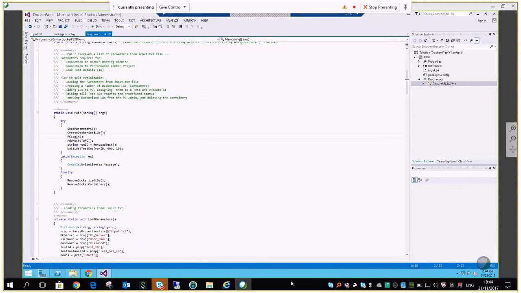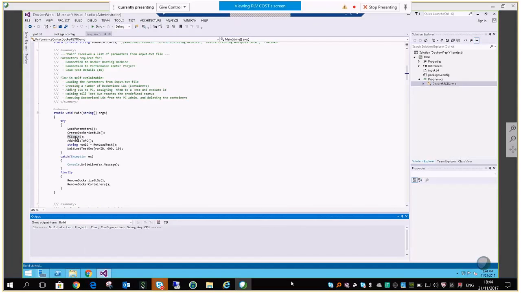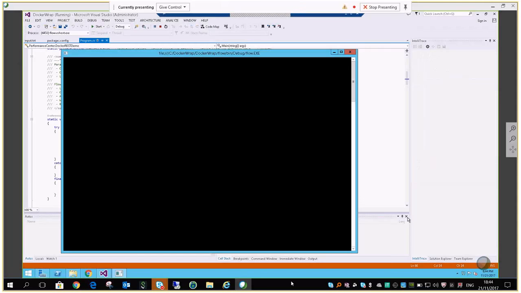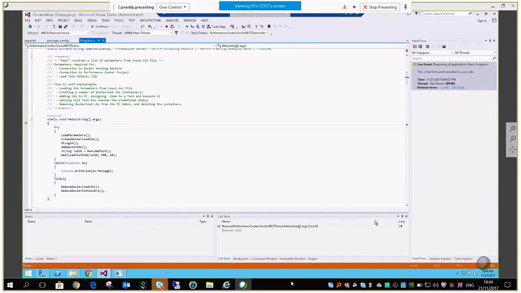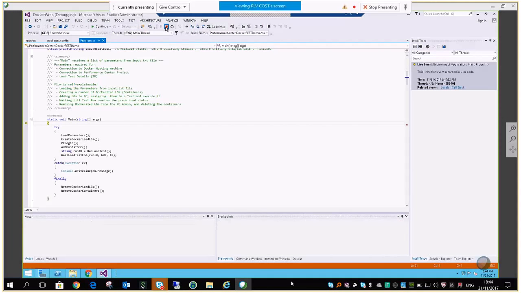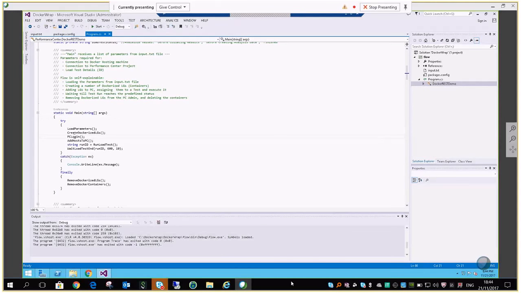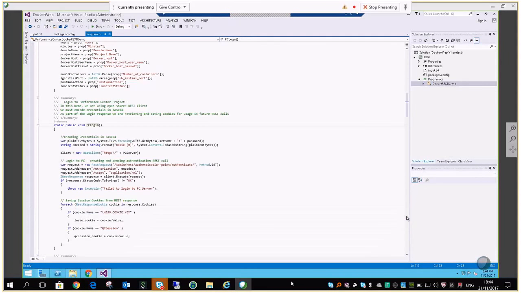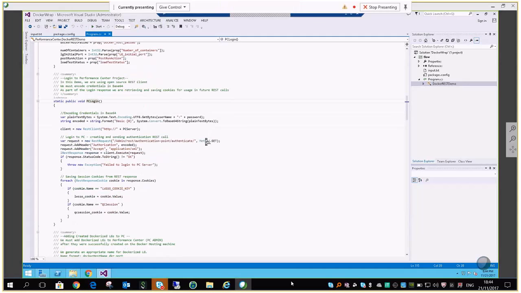After those load generators are created and available in the network, we are going to log in into Performance Center. This REST call had been reviewed already with Oren, and we are going to see this call again. So it's pretty much the same